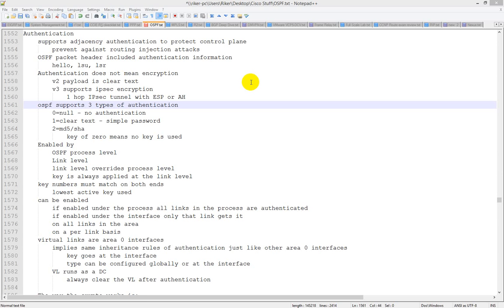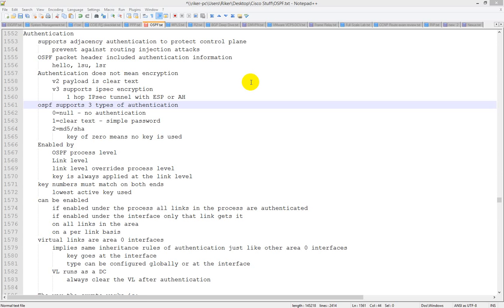Now with OSPFv3, this only applies to IPv6. It does not apply to IPv4. There are a lot of limitations in OSPFv3 that we'll find as we get into it, but a lot of the stuff carries over. Same thing with EIGRP: the bulk of the IPv4 functionality carries over into IPv6. When I get to the IPv6 piece of EIGRP, RIP, OSPF, and BGP, a lot of those same characteristics from v4 carry over to v6. One that does not, though, is